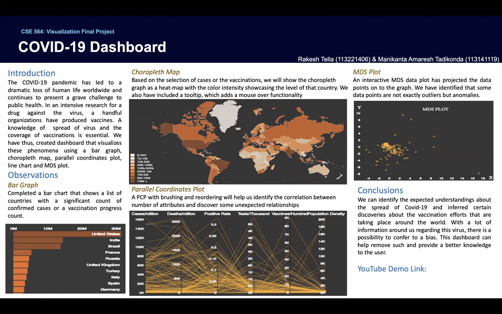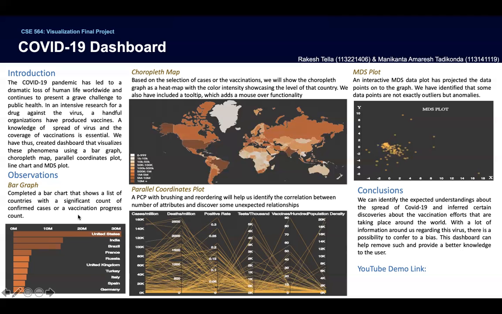poster, and this is the poster that we have designed for the COVID-19 dashboard. Here we have different sections for introduction, observations, and conclusions. In the introduction, we are conveying that we have this dashboard and the different plots we have, and also we are visualizing both the information about the cases confirmed and also about the vaccinations that are taking place. With these visualizations, we are trying to convey the data that we have through these different plots and draw some interesting observations to tell their story.